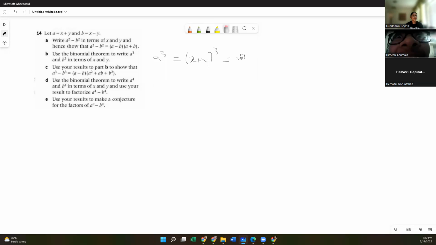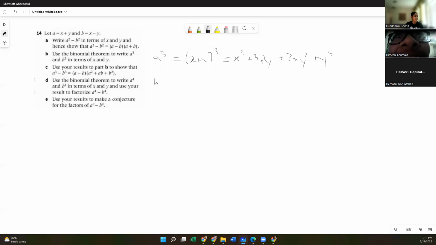Again, this is one of the easy ones just because you should learn to know the first 5 or 6 rows of Pascal's triangle. So you can easily expand this to get x cubed plus 3x squared y plus 3xy squared plus y cubed. Good? We all understand how we got there?